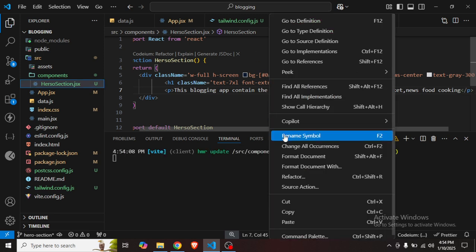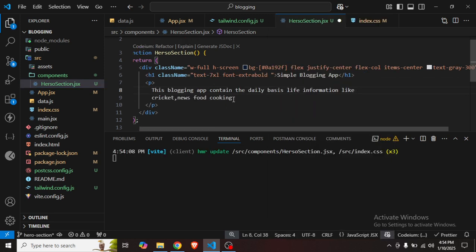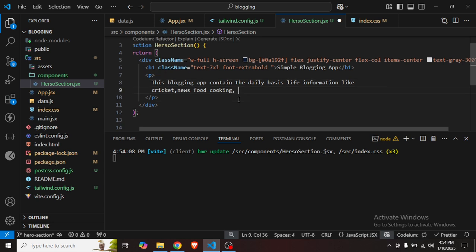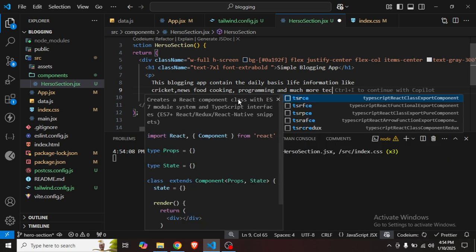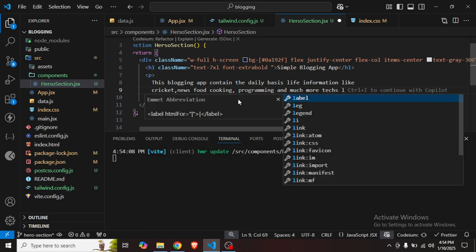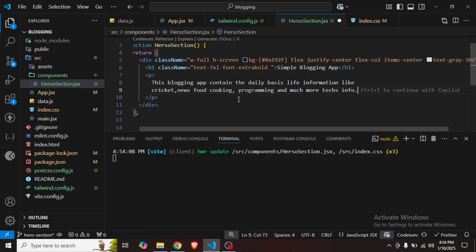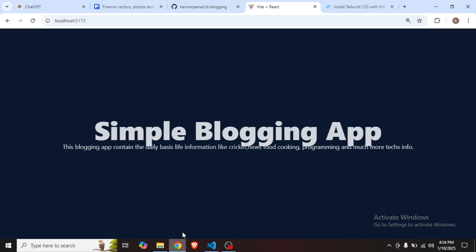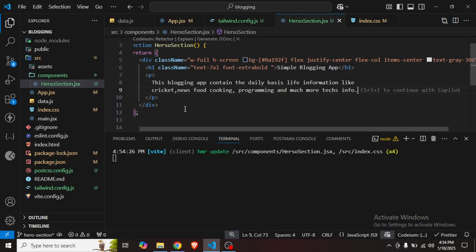Let me first format the document. Food cooking, programming, and much more. Text info. Now let's see what's here. You can see, but I will have to make it a little bit